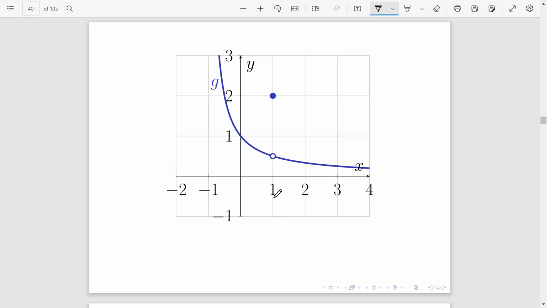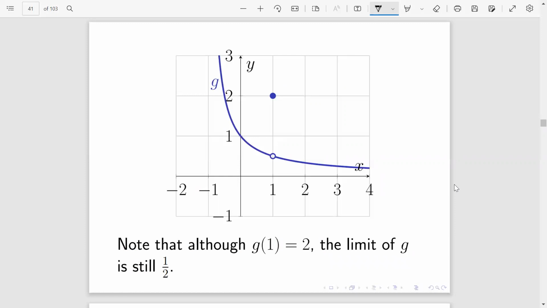Remember that we said we do not care what happens at 1. We're only looking at when the x values are approaching 1 from the left and from the right, and the limit is still approaching 0.5. So even if the function is defined at 1 and given by 2, that doesn't change our limit. I hope I'm making sense. So our limit is still 0.5, even though the function is defined at 1 as 2,